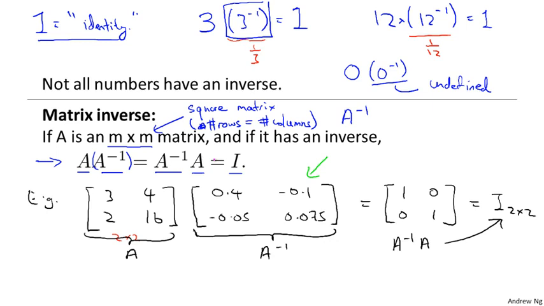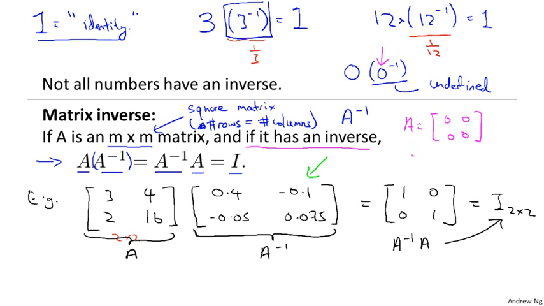In my definition of the inverse of a matrix, I had this caveat, right? First, A must always be a square matrix, but I had this caveat of if A has an inverse. Exactly what matrices have an inverse is beyond the scope of this linear algebra review, but one intuition you might take away is that just as the number 0 doesn't have an inverse, if A is, say, the matrix of all zeros, then this matrix A also does not have an inverse